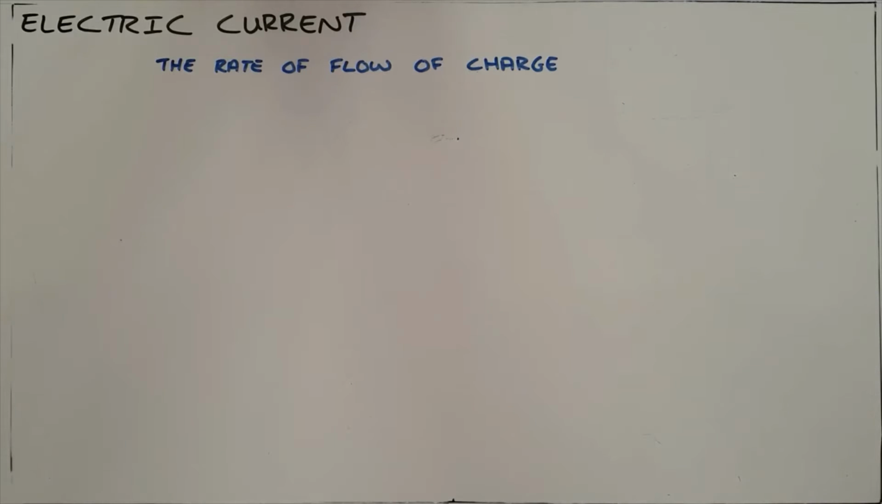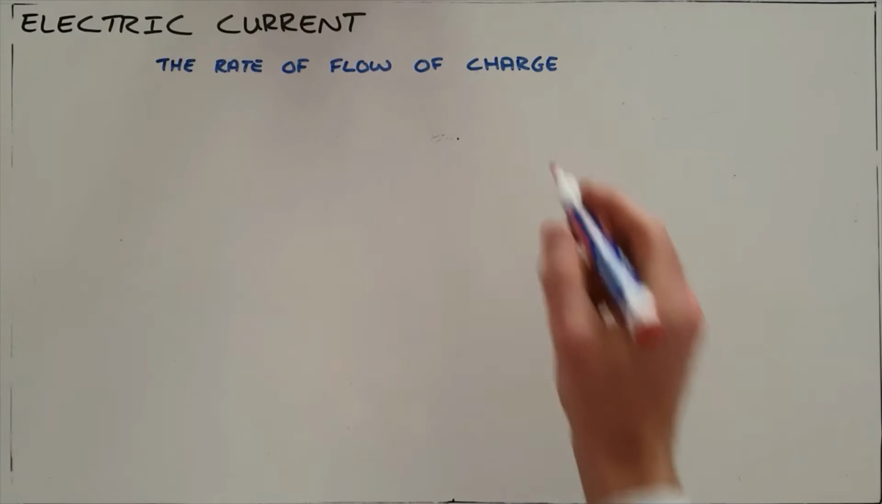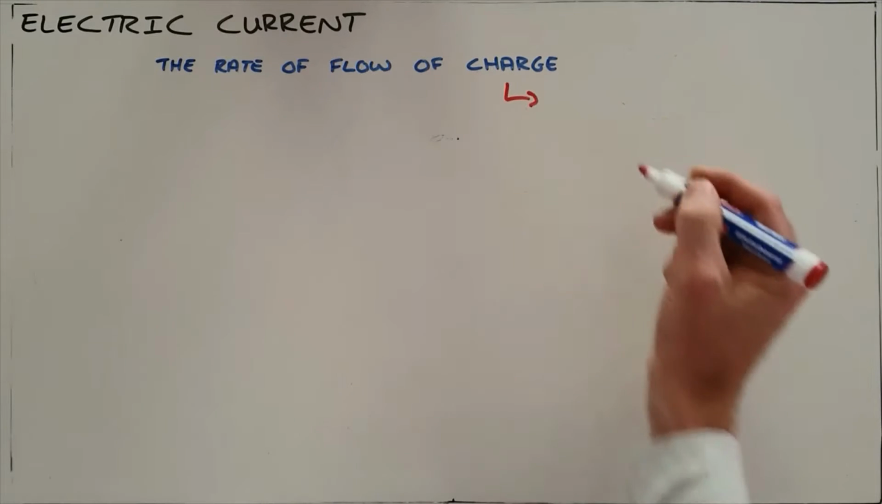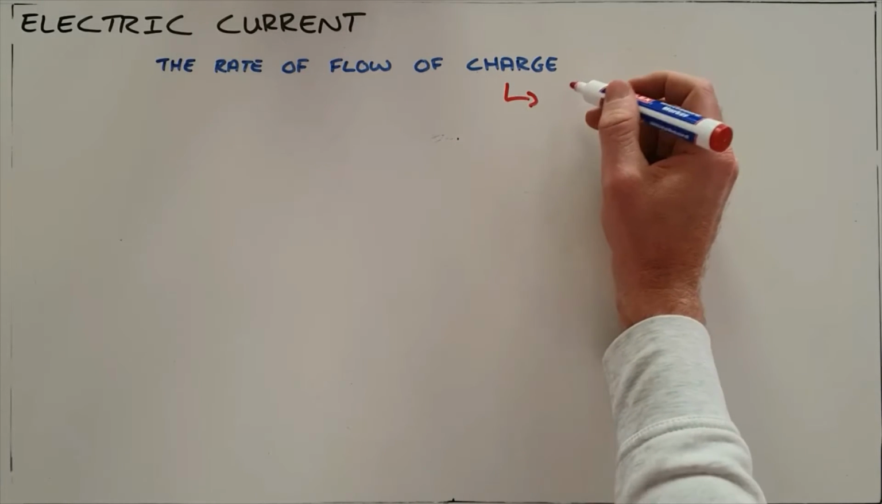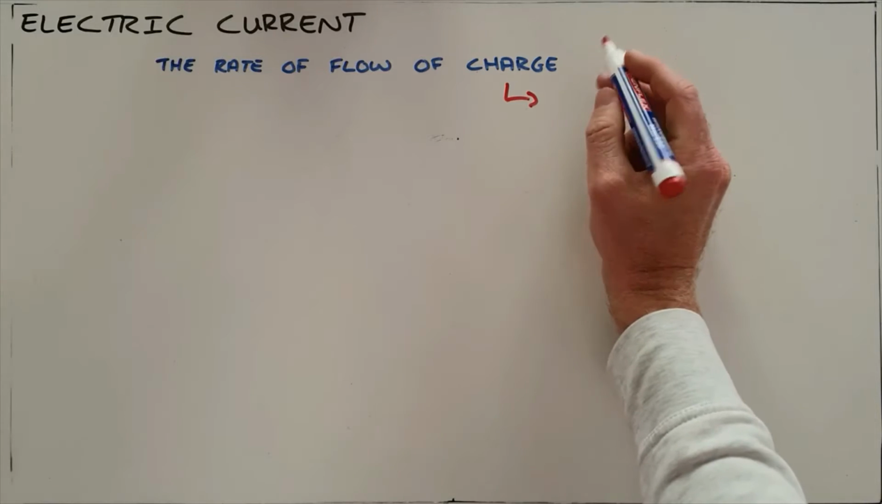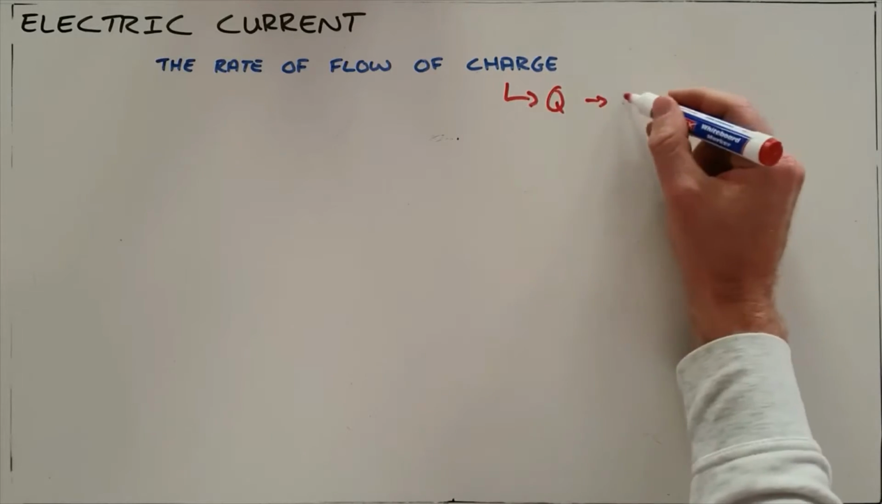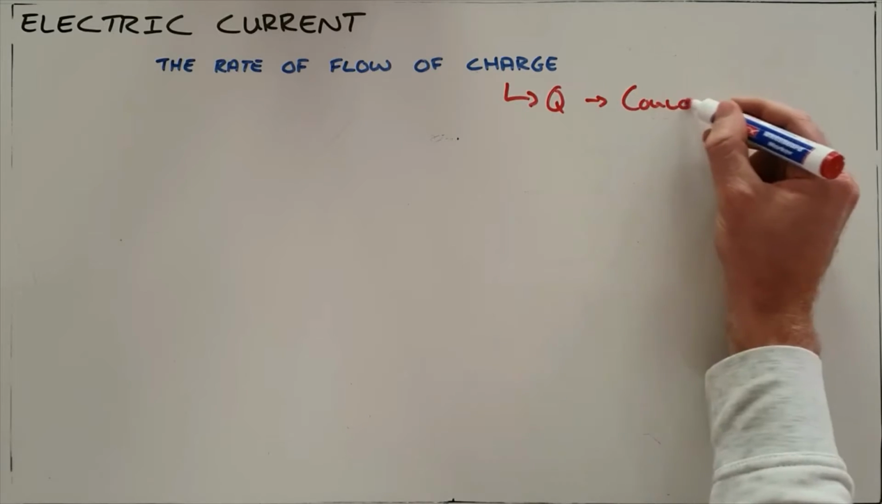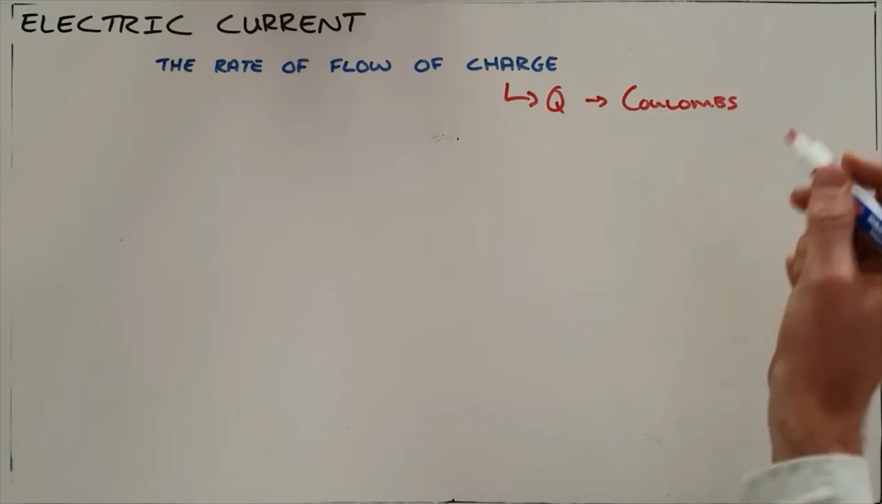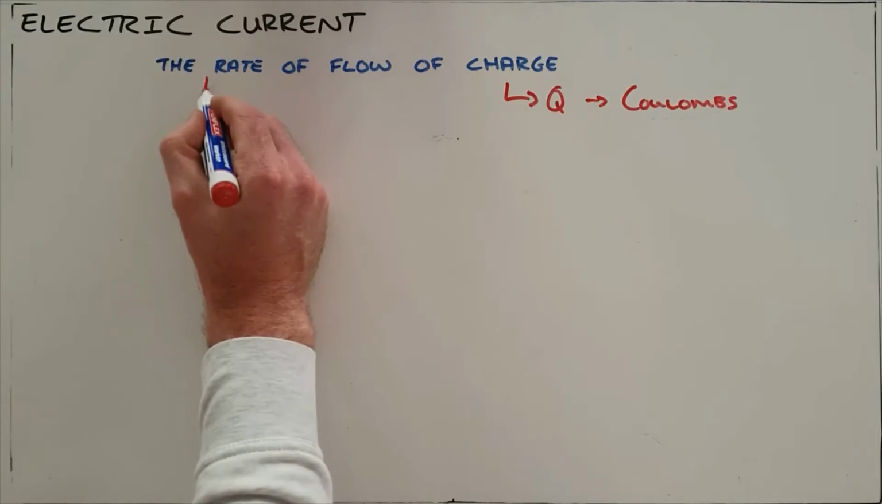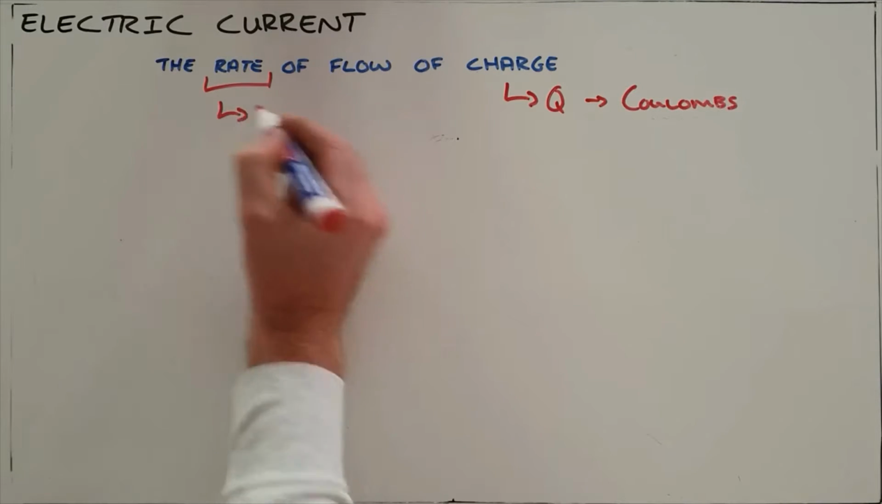Electric current is the rate of flow of charge. We know that charge is the property of matter that allows it to experience a force in an electric field. Charge has the symbol Q, and it is measured in coulombs. And whenever we speak about the rate of something, what we are saying is how much of